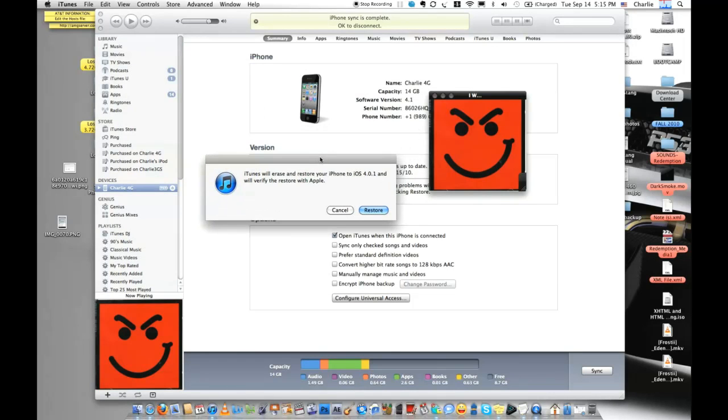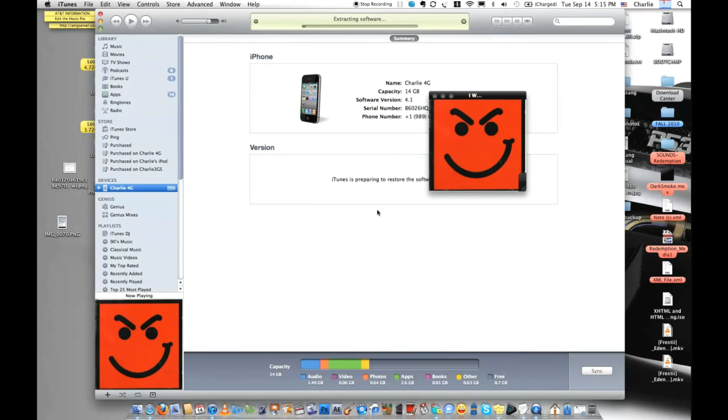This will ask you if you want to erase and restore your iPhone to this firmware. Confirm. iTunes will extract it and restore your iPhone to the designated iOS version. Again, this process only works if you've saved your SHSH with server using Tiny Umbrella